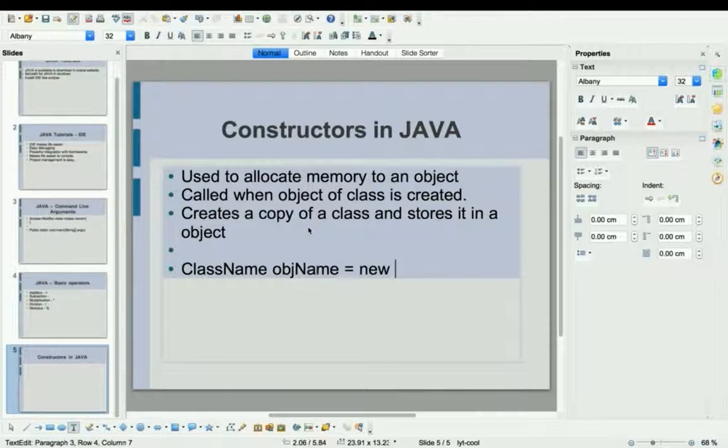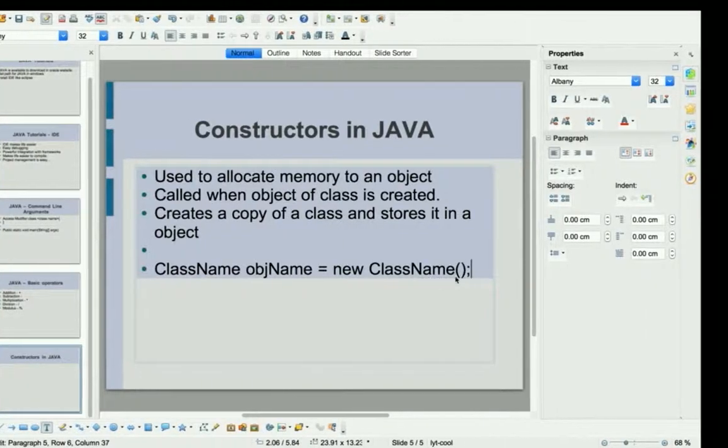And again, class name, space, object name is equal to new constructor name. Constructor name is always similar to the class name. So again, we say it's class name, open and close brackets. So this is the basic syntax. So in our example,